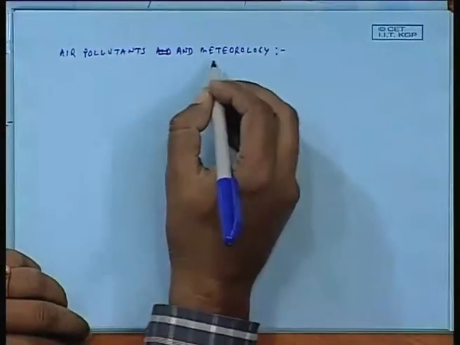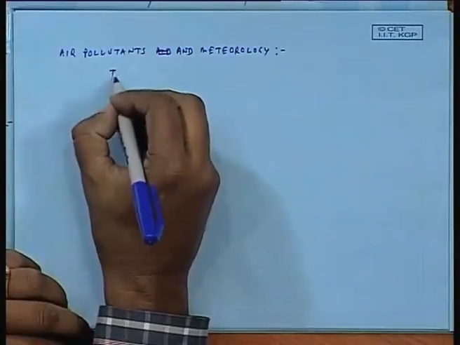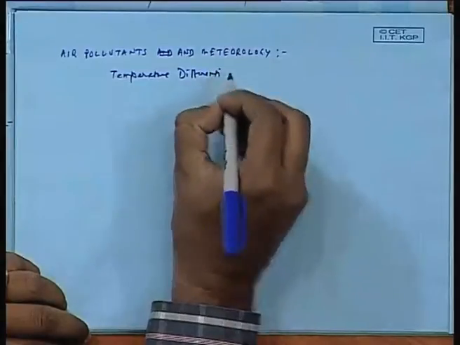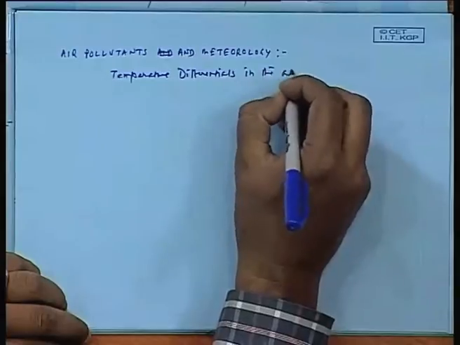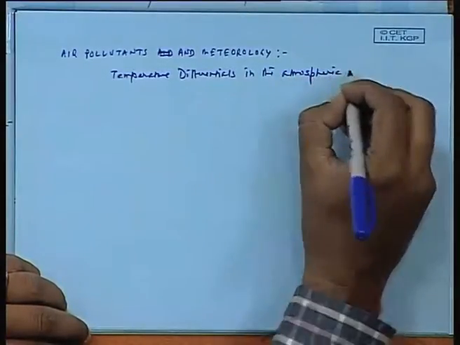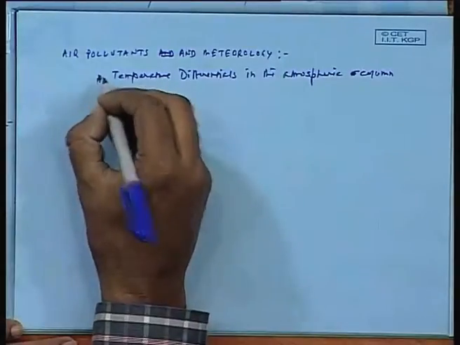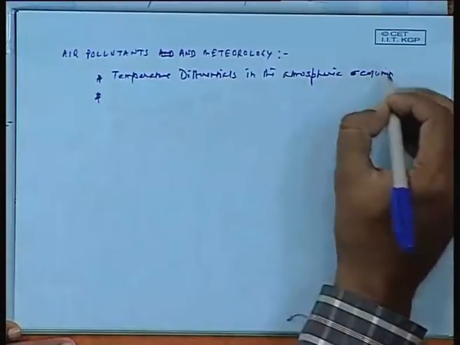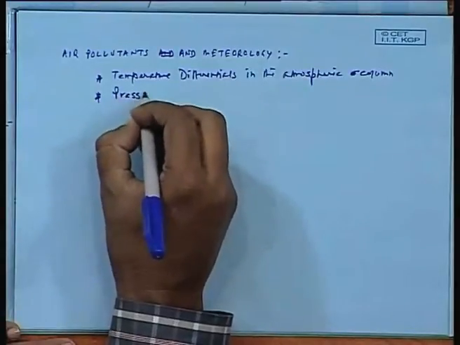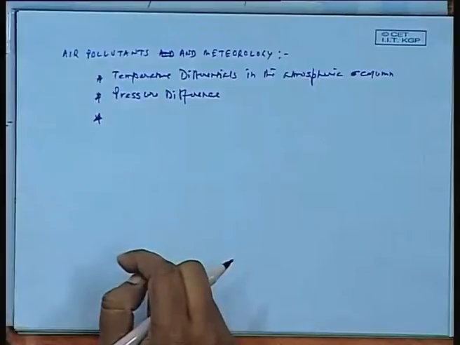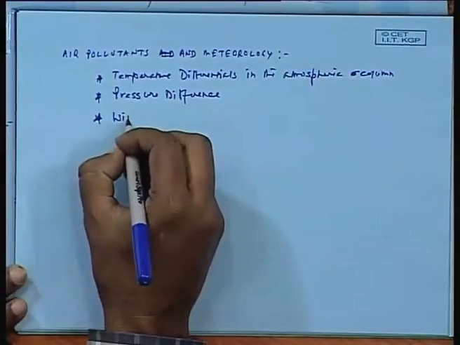So what we try to know is, as you can observe now, there are a few very important things in the case of meteorology. The meteorology would discuss the temperature differentials in the atmospheric column, and secondly, we can also observe the pressure difference, and also the third thing that we can find out is the wind direction